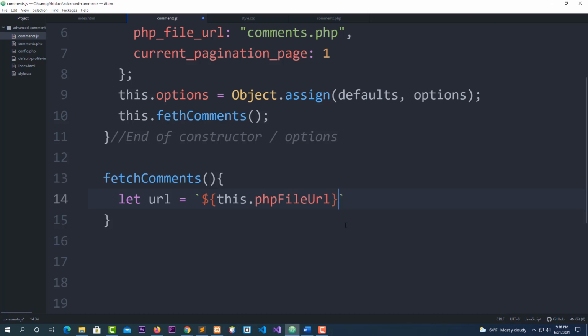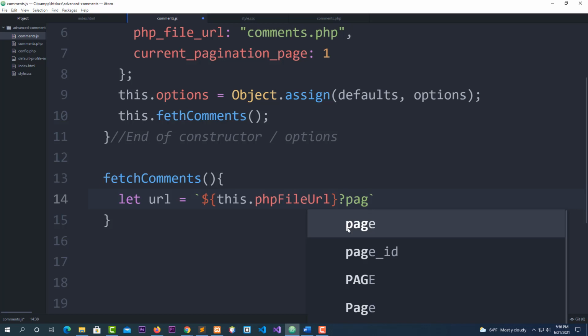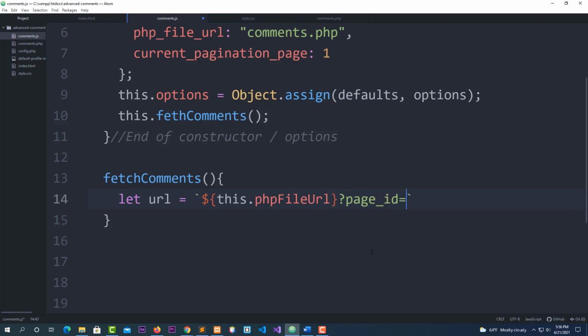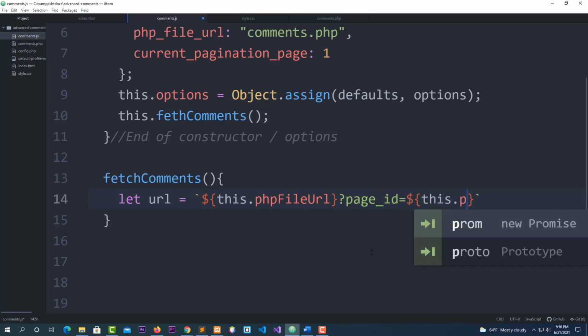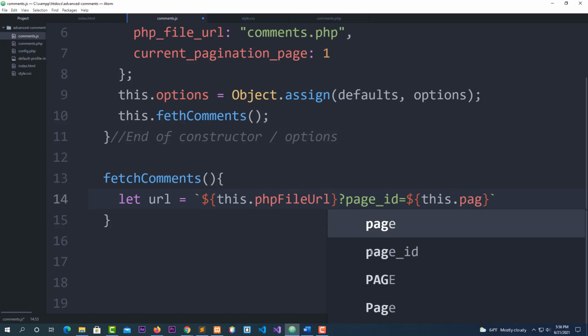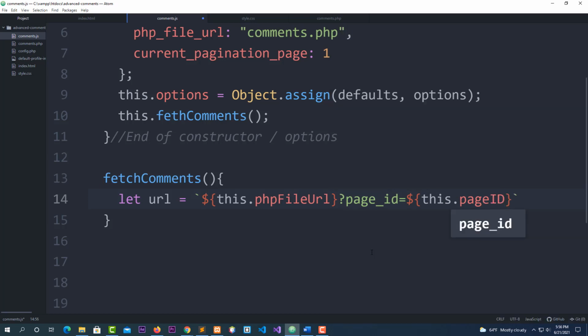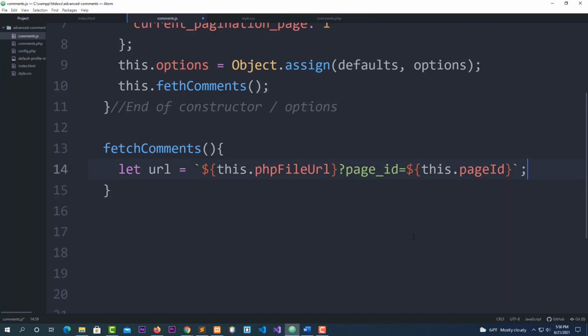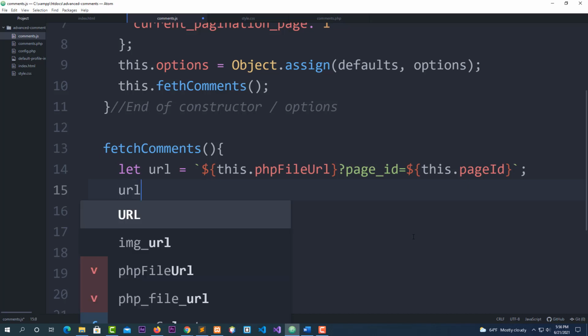And I'm going next after that, I put a question mark. And I'm going to pass my page ID equal $, bracket, this.page ID, like this, okay? And after that, I'm going to put a semicolon here. I want you to go to the next line. Now call URL